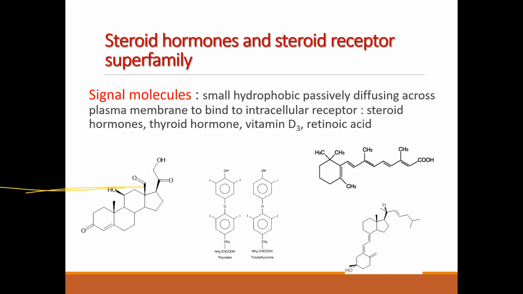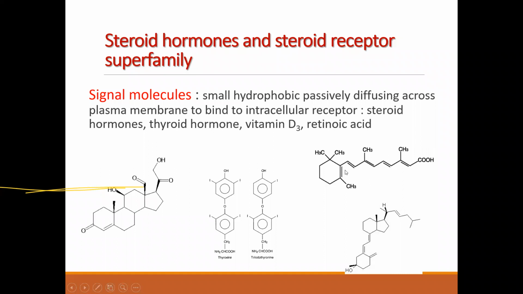The signaling molecule like a steroid hormone has a non-polar structure. This molecule, which has hydrophobic properties, can passively diffuse across the plasma membrane because it has no polarity and also no charge. Therefore, it can go across the plasma membrane and bind to the intracellular receptor. Signaling molecules that have these same properties are the steroid hormone, thyroid hormone, vitamin D,